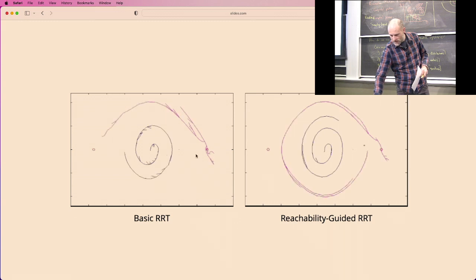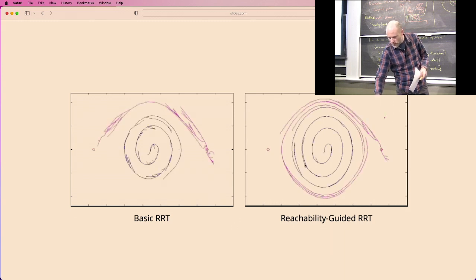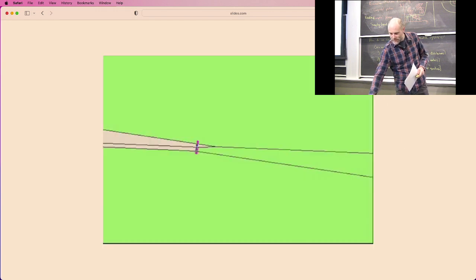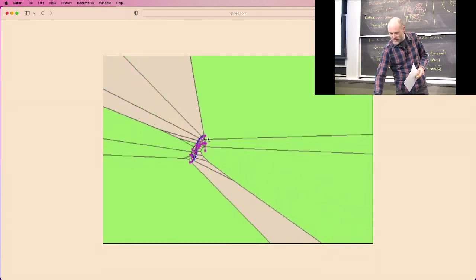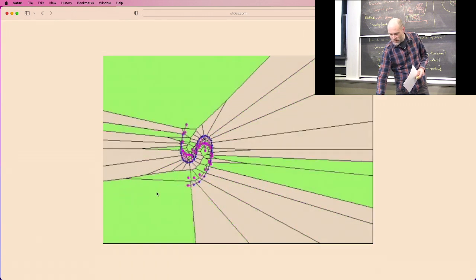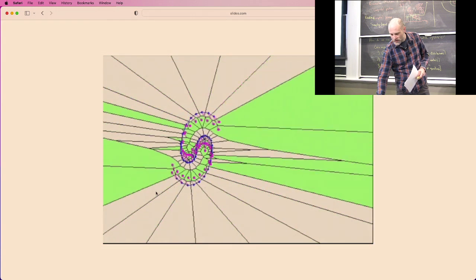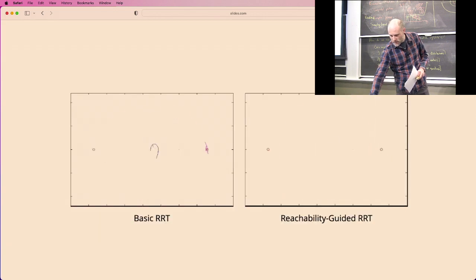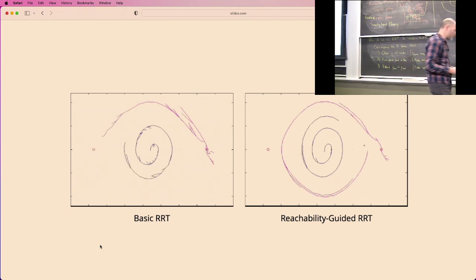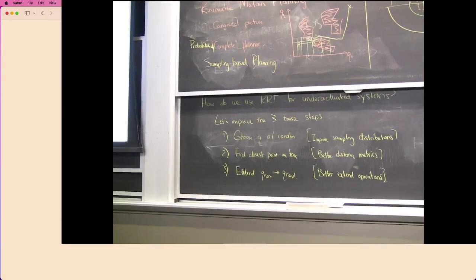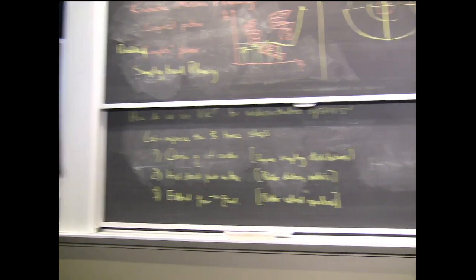Okay, so here's the basic RRT. Here's a reachability guided RRT. I think I have an image here that sort of tells that story. There are very approximate ways to do it. I'll tell you about that one in a second. That's not the picture I wanted. I think I forgot to include the slide of what if we could somehow take our initial tree